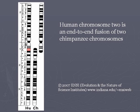Our genome is littered with these things. We call them pseudogenes. We know that they've been mutated in such a way that they can't make a functional protein. And yes, we can test to see whether that's the case. Most famously, we all have to take vitamin C or consume